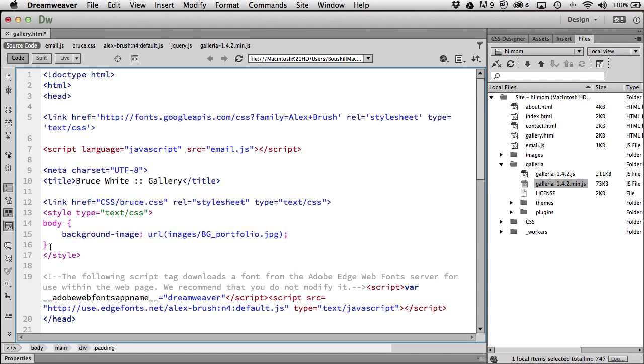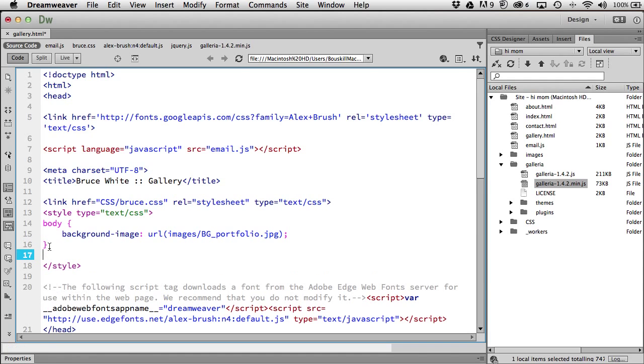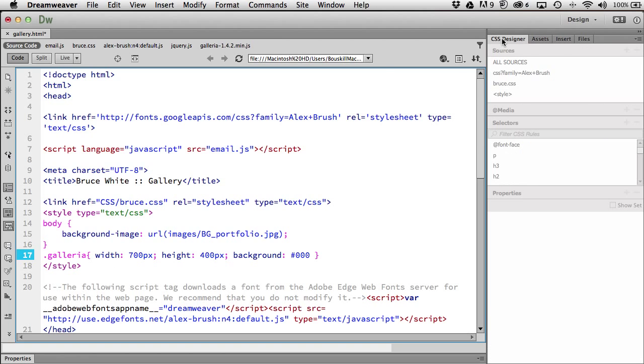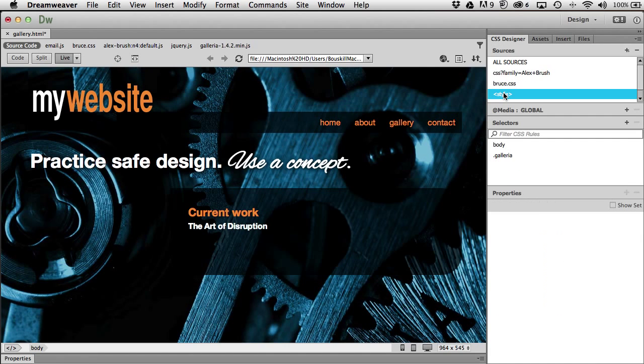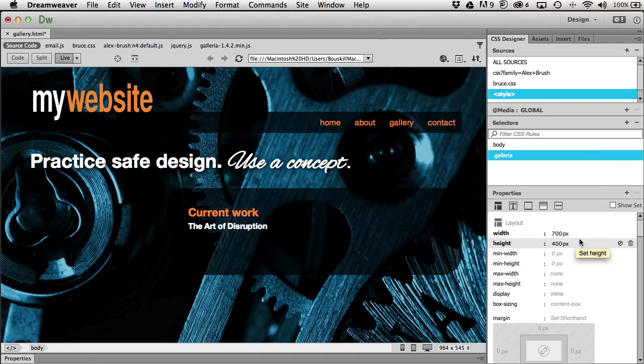So up here, right after body, I'm going to add a new rule. That'll work. So if I go back over here under style, I should see that,